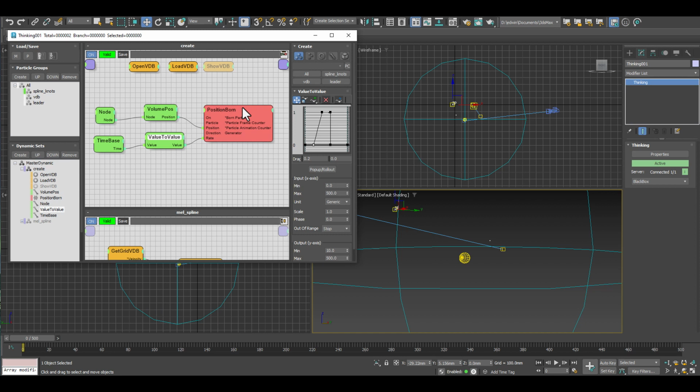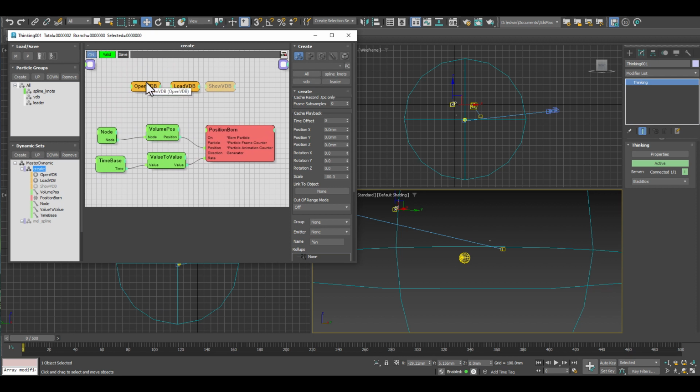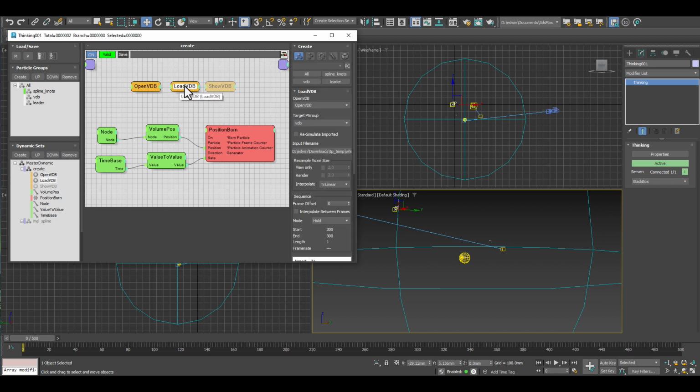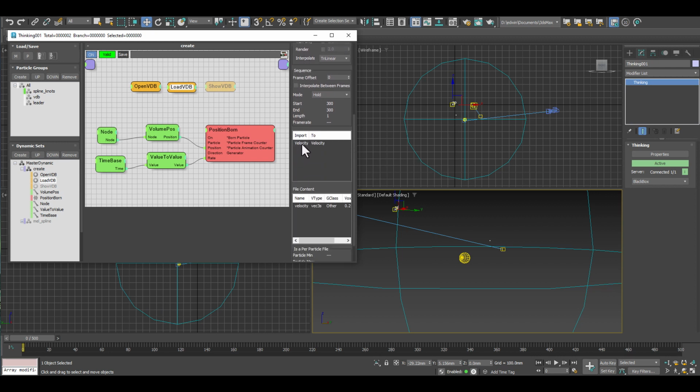What we did here is we brought in an OpenVDB velocity field. Let me just go here. The first thing when you want to work with OpenVDB is you need to create a container where you store your grid or your velocity field. And we create a velocity field here. So this is our container. And now this container is ready to receive. We add a load VDB. So we are loading a VDB file, and we are loading this into the velocity channel. So we are loading from a hard drive